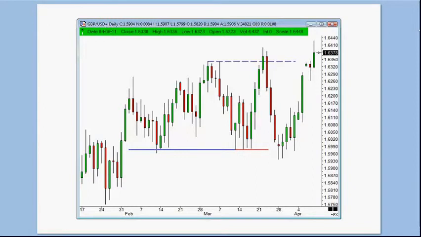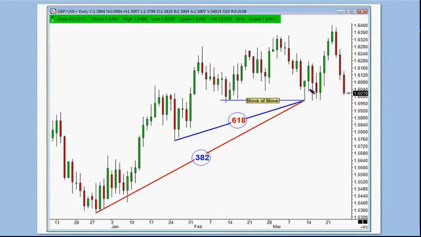Now, if I just stay with this Great British Pound, as I was indicating, you want to be paying attention to just the normal things that we use in our trading toolbox. We use these retracement levels between swing points. So when you take a look at the Great British Pound and major swing points, if you will, you can see in this case where you had a change in trend.